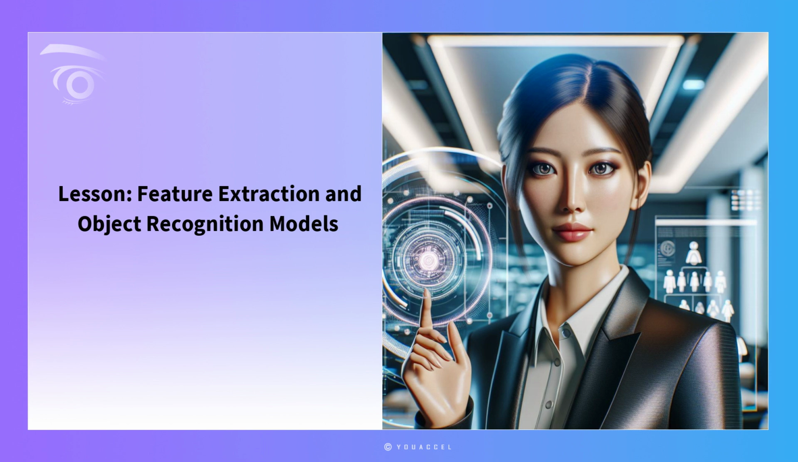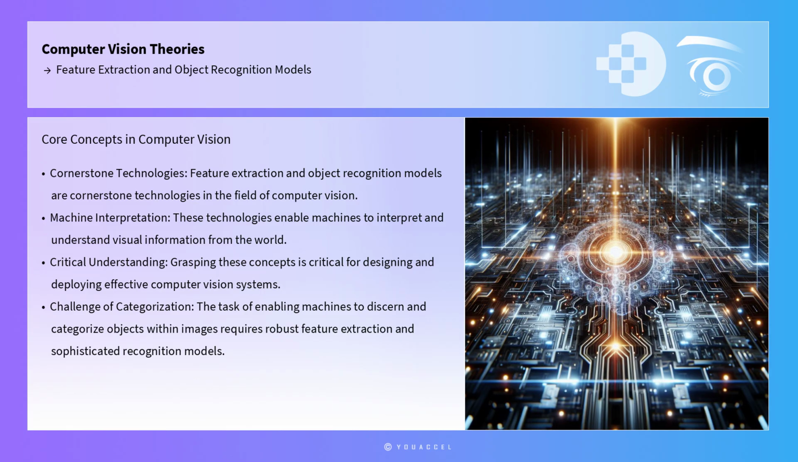Lesson: Feature Extraction and Object Recognition Models. Feature extraction and object recognition models are cornerstone technologies in the field of computer vision, enabling machines to interpret and understand visual information from the world. In the realm of AI implementation, grasping these concepts is critical for professionals aiming to design and deploy effective computer